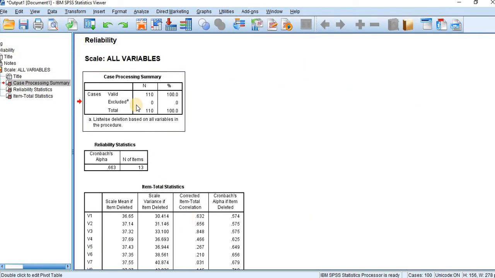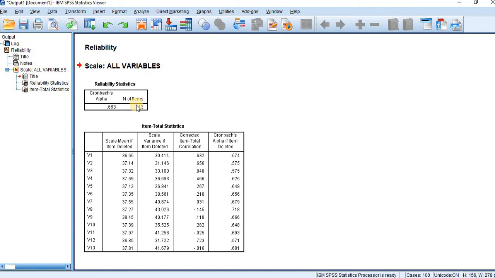The reliability of the 13 attributes is 0.663.